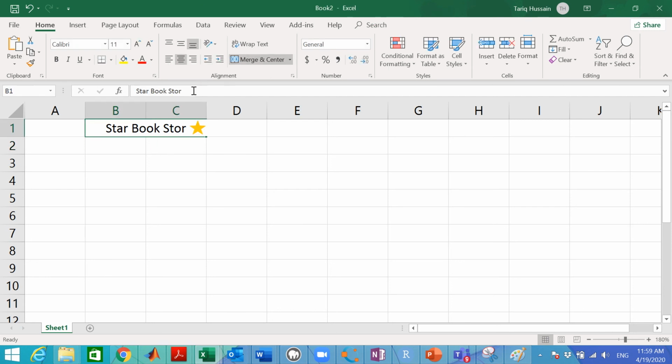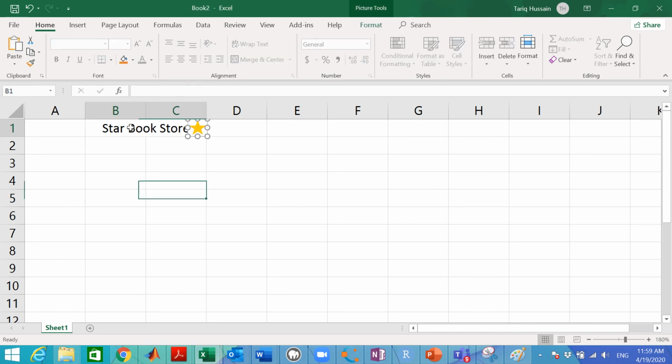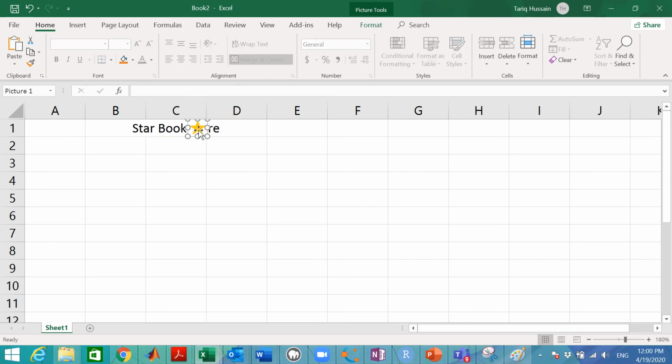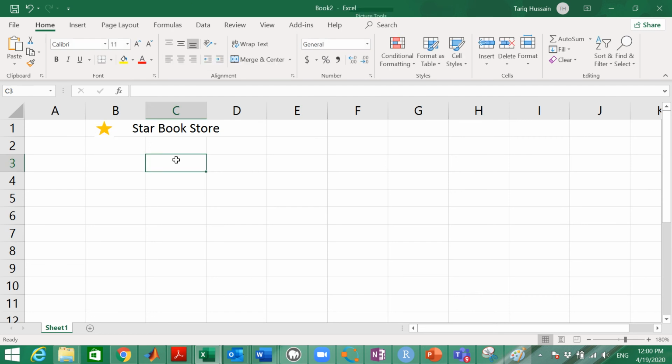By the way, the spelling of store is S-T-O-R-E, and I think you can merge the three cells together so you can adjust your shop logo as well. So you need to press it again. Initially you can put the Star Bookstore.